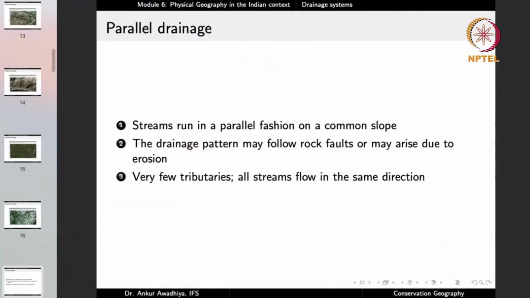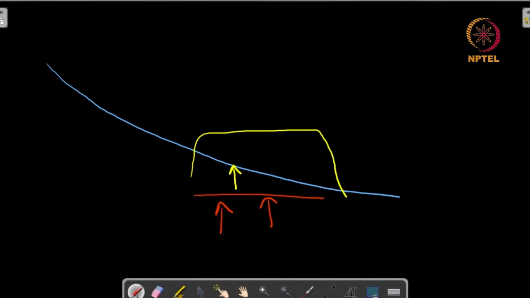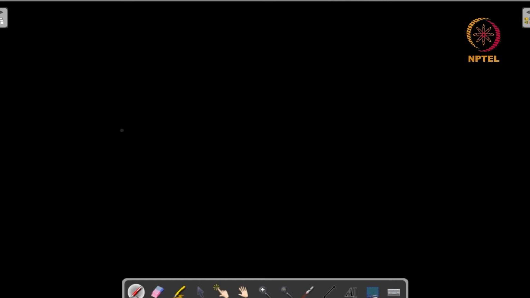Now another drainage pattern is the parallel drainage. In this case, streams run in a parallel fashion on a common slope. The drainage pattern may follow rock faults or may arise due to erosion. There are very few tributaries, and all the streams flow in the same direction. So what happens in this case is that if you have a land that is greatly sloping in one direction,